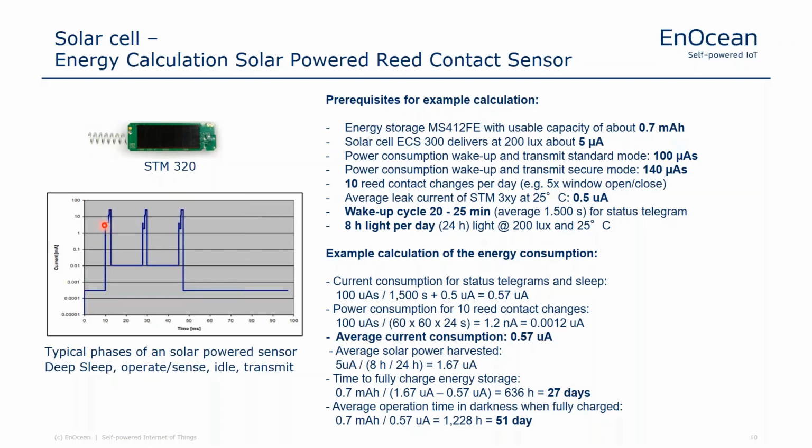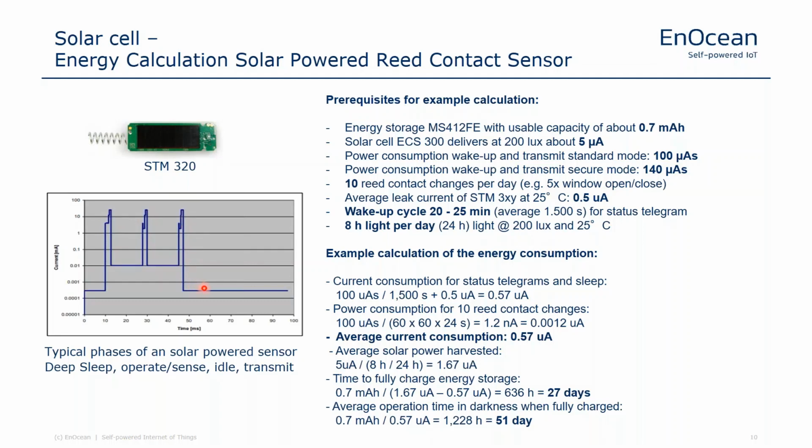Then there are more details on the operation phase. There's a short operation for startup of the sensor and for measurement, and it needs about 3 milliamps or something in this range. Then it boosts up for the transmit to 20, 30 milliamps, sending a telegram and going back to sleep. In this case, it's not a deep sleep, it's just a sleep to measure the correct timing. After a correct timing of about 20 milliseconds, it wakes up again, short operation, transmit, goes to sleep, the same again, and then is the deep sleep.